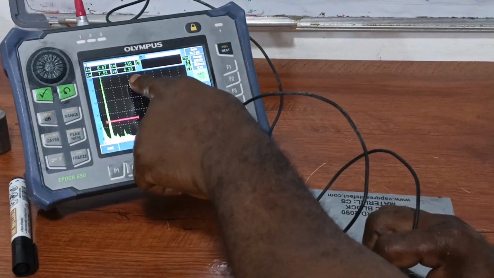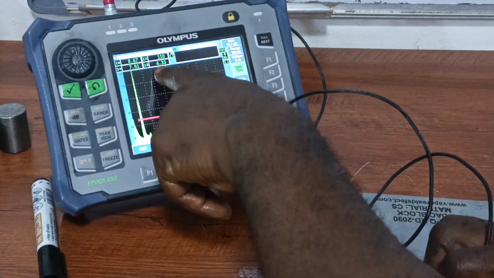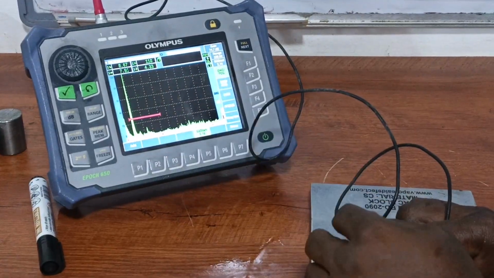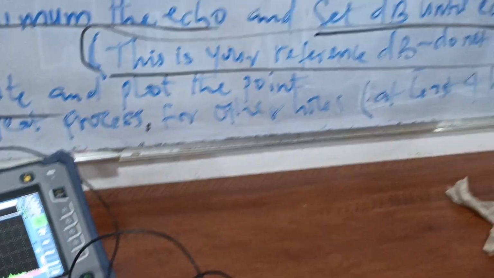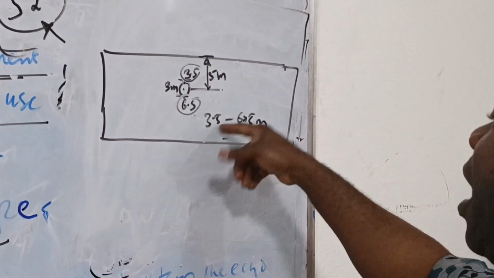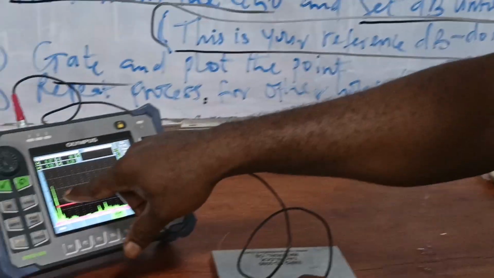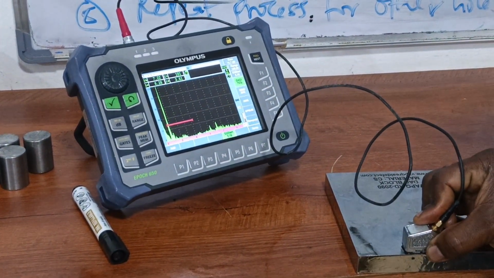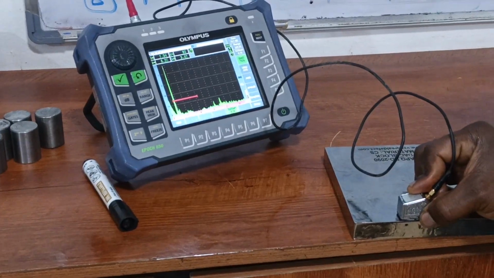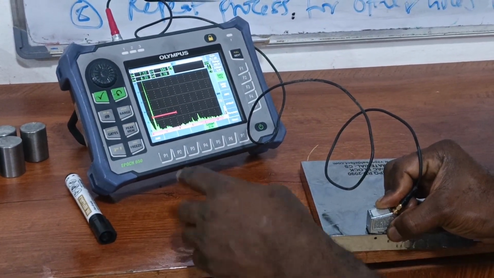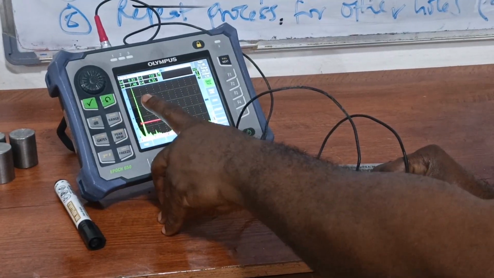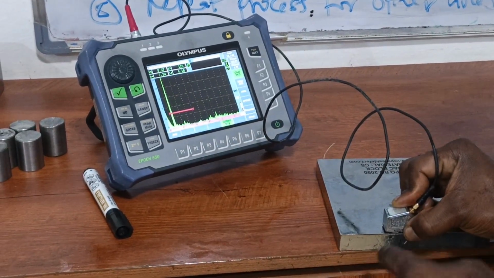If I look at my depth, I'm getting a depth of 4.3 mm, which is within the range of 3.5 to 6.5. So I will know that this is the hole that I am looking for. So what do I do? I maximize. I keep moving forward and backward. If you see, the echo is getting down and getting up. So this is the maximized point. This is the point where I'm getting the maximum echo. Keep your arm